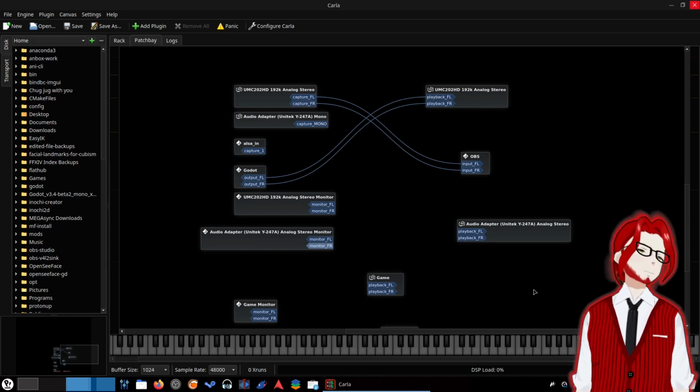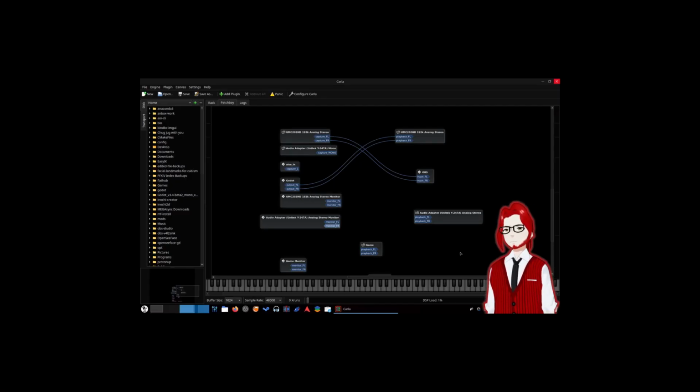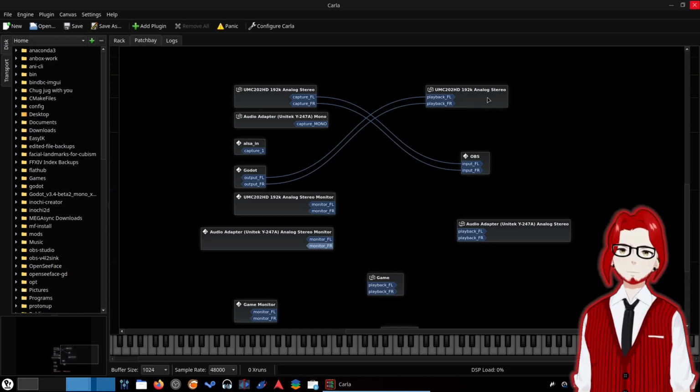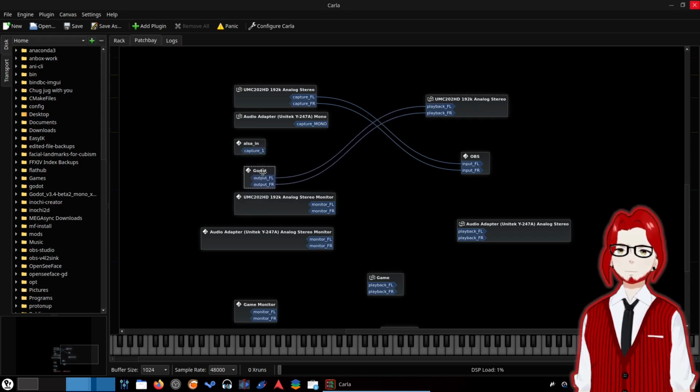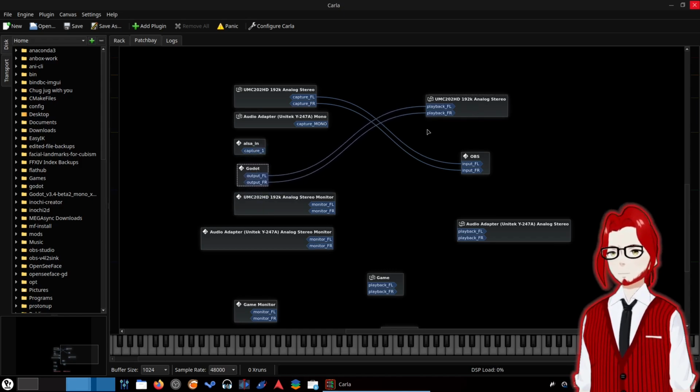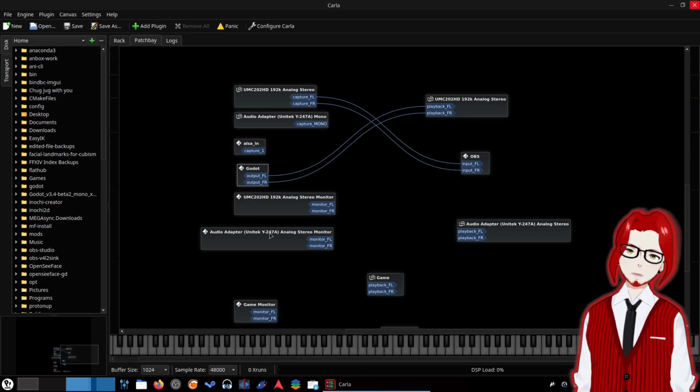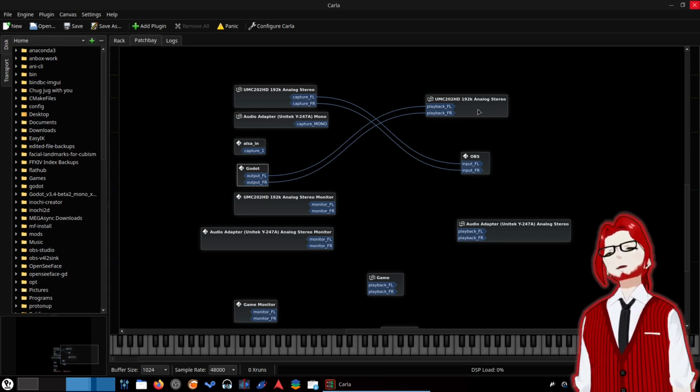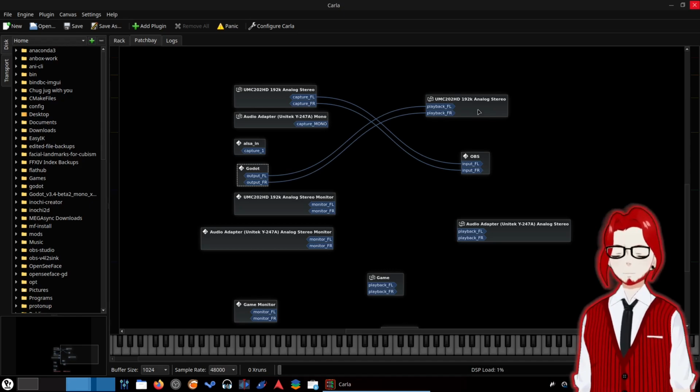Now moving on from that, there are some other things you can do with Jack, not Jack, with PipeWire. I know what I'm talking about, and that is monitors. So as you can see, this program Godot is connected to my headphones. This is because this is the application that's opened. Godot projects are typically games and stuff that have an audio output, so it automatically connects to my headphones. That is one very cool thing. PipeWire seems to auto-connect stuff really well. I am actually very impressed with it.